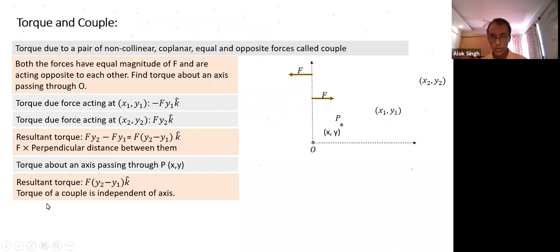The point should sink in your mind at one go. It's nothing complicated. What is the result for a couple? I hope all of you understood what a couple means. The second point you understood: the couple torque is independent of the choice of axis. But what is the torque equal to? Torque is equal to force multiplied by perpendicular distance. Is finding the perpendicular distance complicated in terms of the figure? No, it is not complicated.